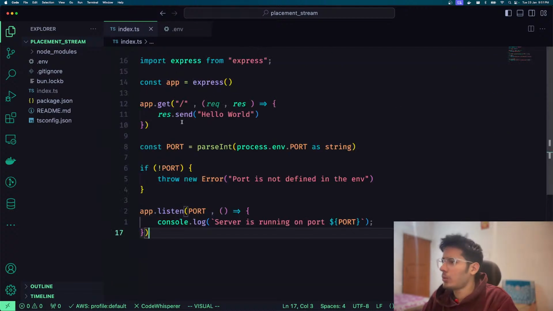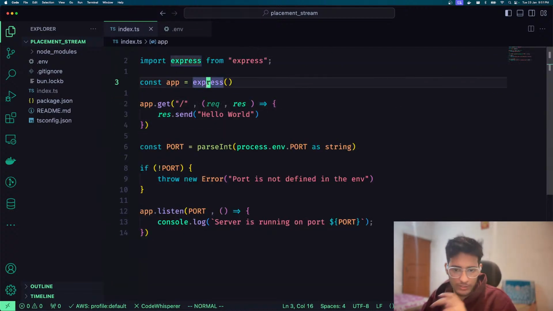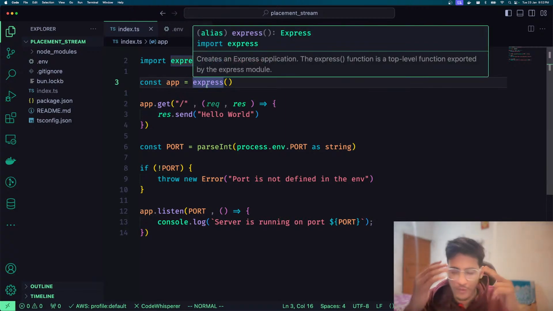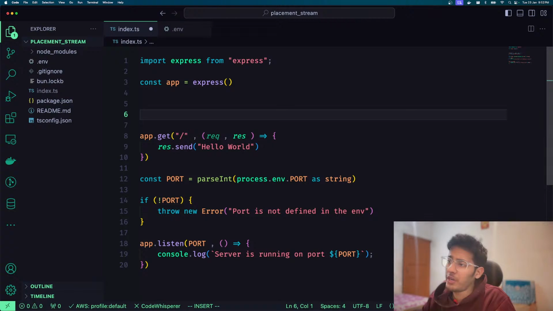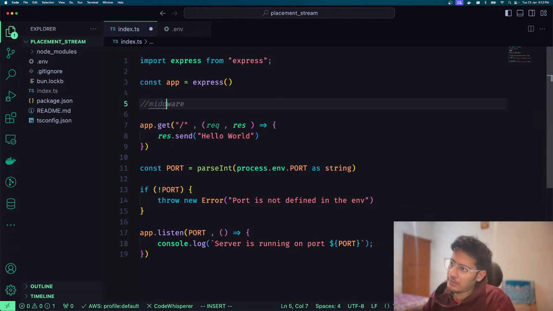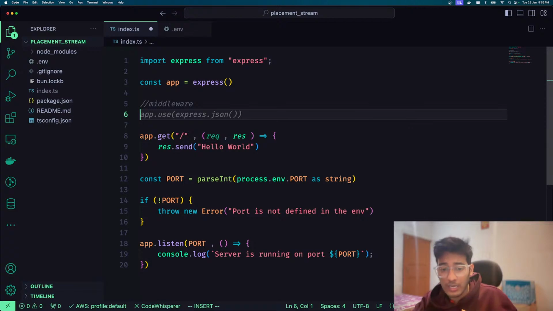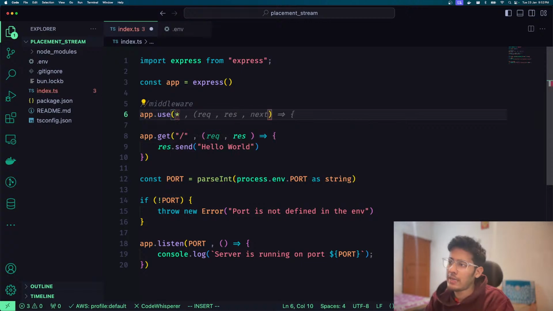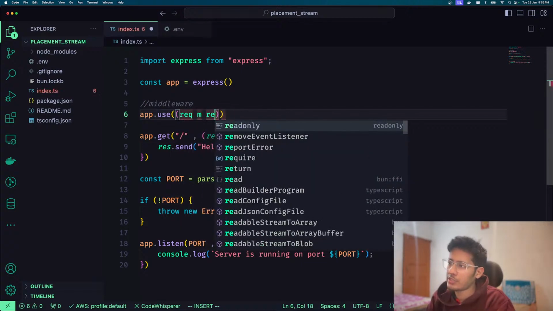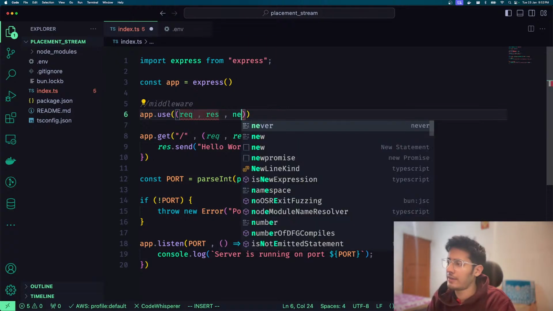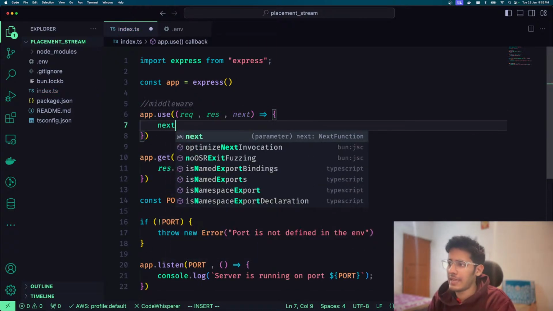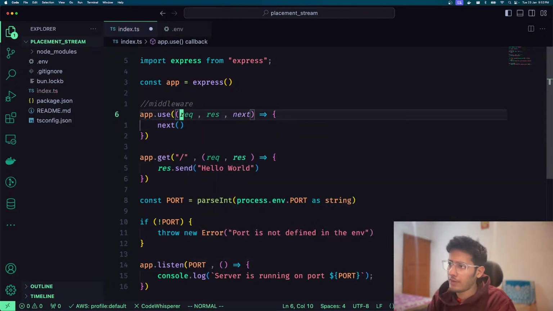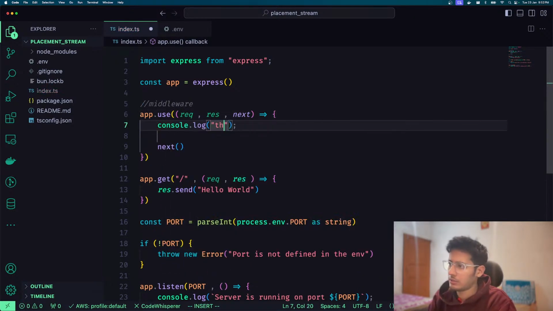Great. So the next thing we'll do is learn what middlewares are, right? The next concept, which is very important in Express.js, is called middlewares. And as the name suggests, it runs in the middle of your request coming in and your next route. Whatever route it is hitting, it runs in between. For example, if I just say app.use, and then request, response, and next, those are the three variables you use to define a middleware. And if I call next over here, and log something, for example, "middleware is running",